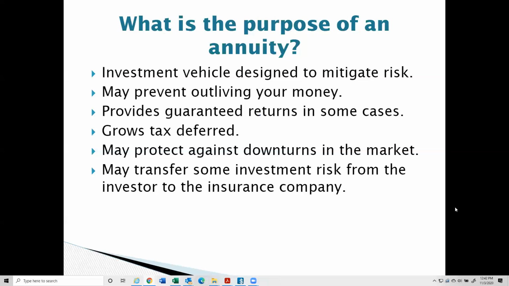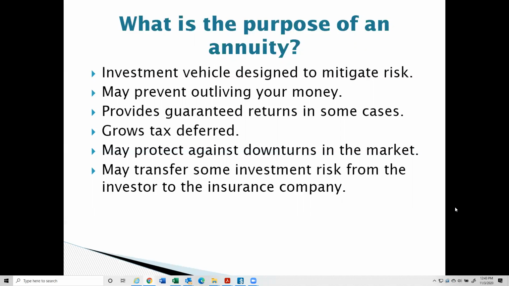So how are annuities used? Well, in some cases, they're used for tax deferral. They're income for life vehicles, as a deterrent for spendthrifts. So clients will put funds into an annuity, and because of the penalties for pulling out large sums of money, it may prevent heirs or beneficiaries from being a spendthrift and spending the investments too quickly.